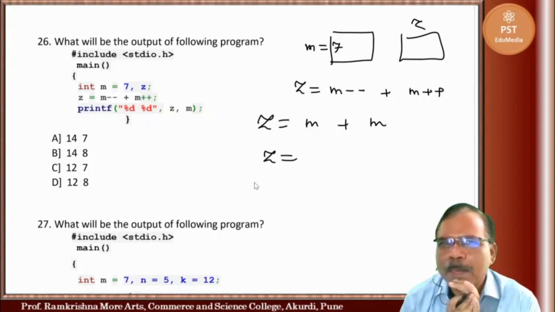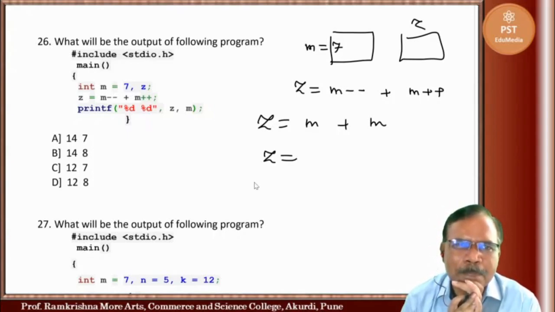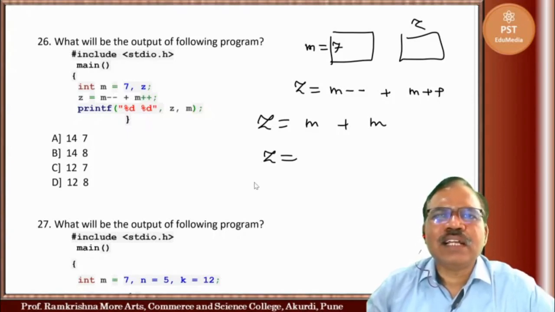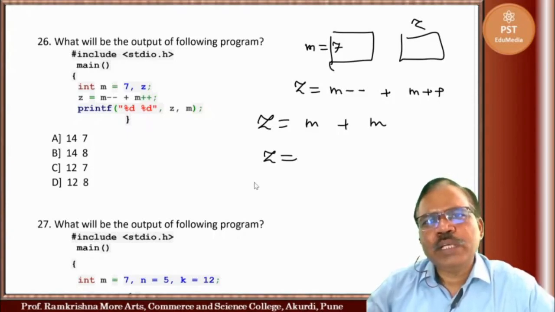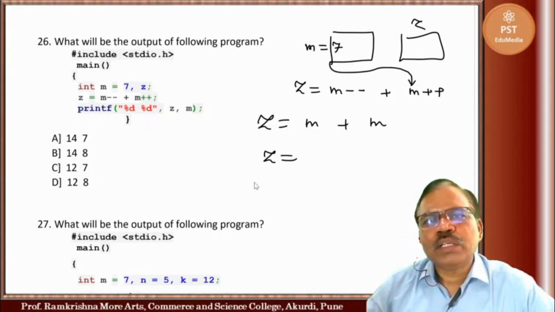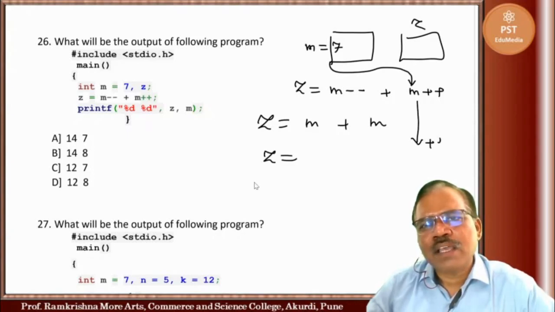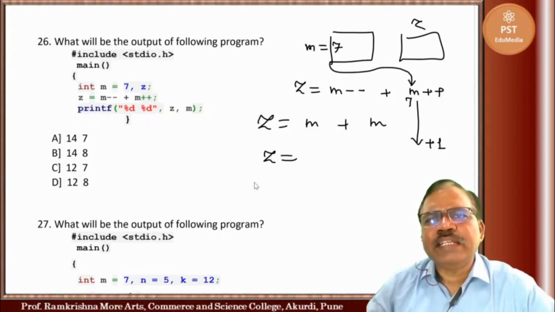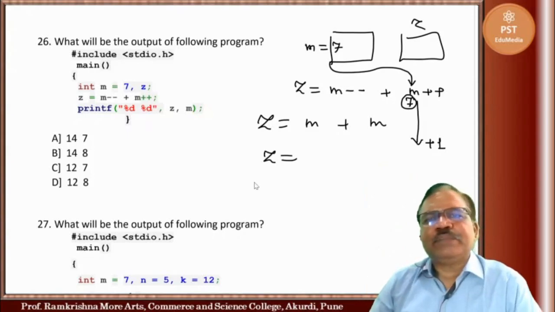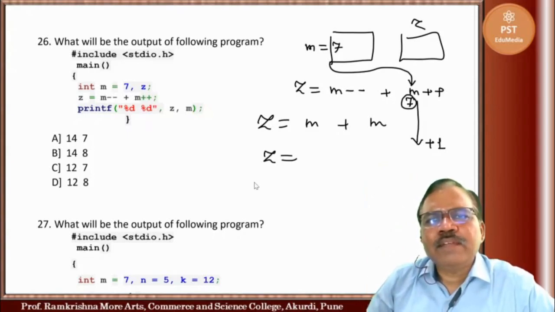Option B, sir. 14, 8. What is option B? M is 7. So with this 7, it will come here. Now it is post increment, so it will keep in mind that it will be increased by 1. So it is 7 here. It will not increase; it will increase after the expression. Then it will come here